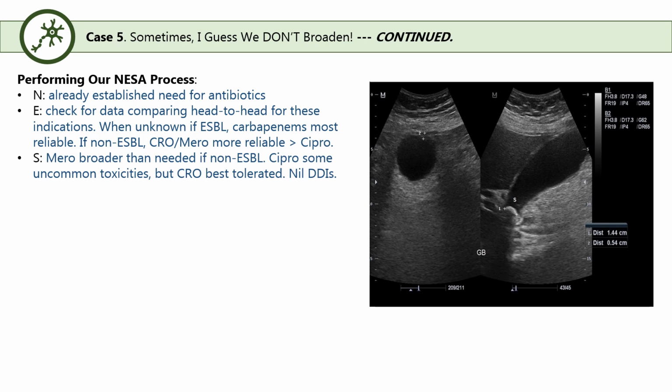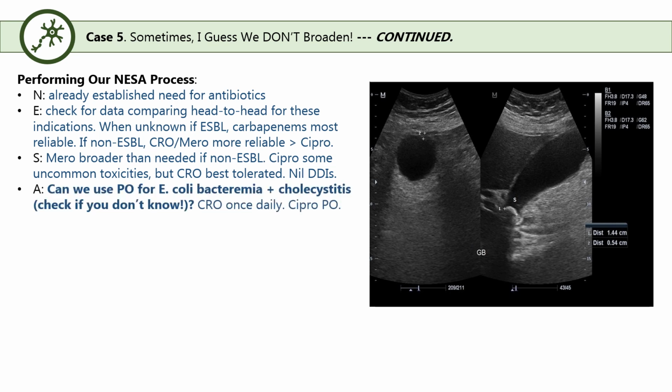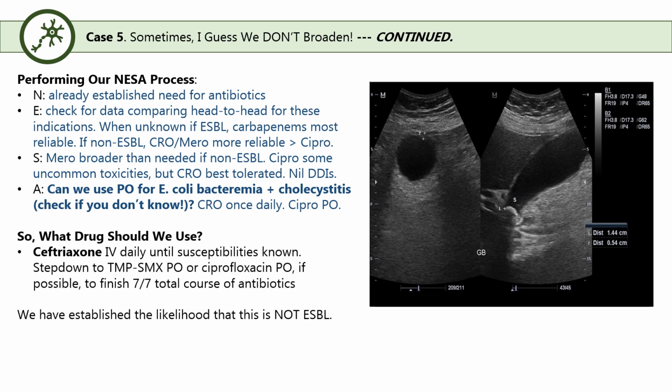For safety, carbapenems would be broader than needed, which is a safety concern. Ciprofloxacin has some rare adverse effects, none of which I'd be overly concerned about in a short course, so ceftriaxone could be considered the best tolerated. Lastly, for adherence, ceftriaxone is once a day versus multiple daily dosing in other agents. Importantly, you have to ask yourself, can we use PO for an E. coli bacteremia with cholecystitis? And if you don't know, you should always go and check if there's support for that strategy. Ultimately, my summary assessment would be to use ceftriaxone intravenously, despite this chart note of ESBL history,